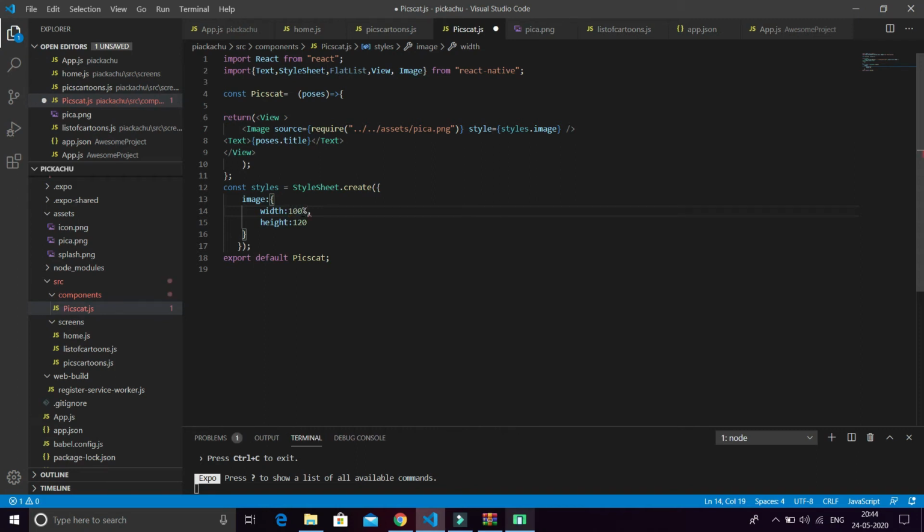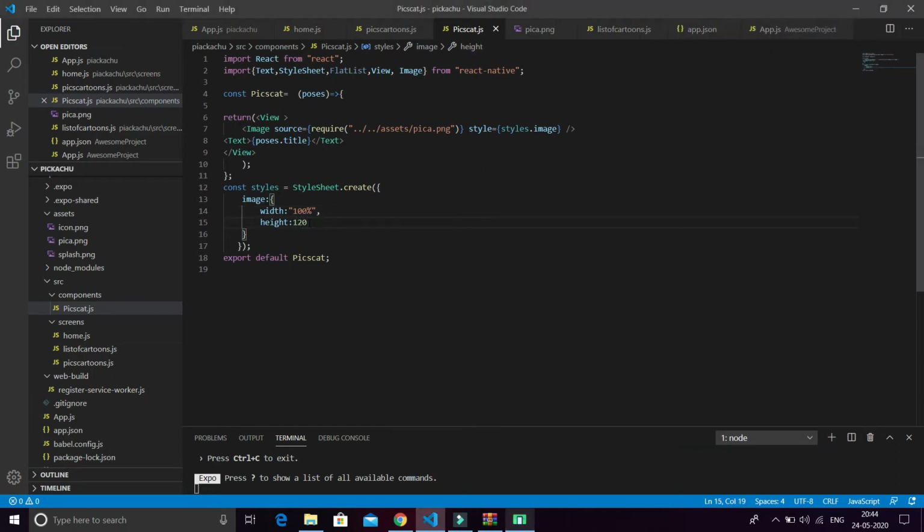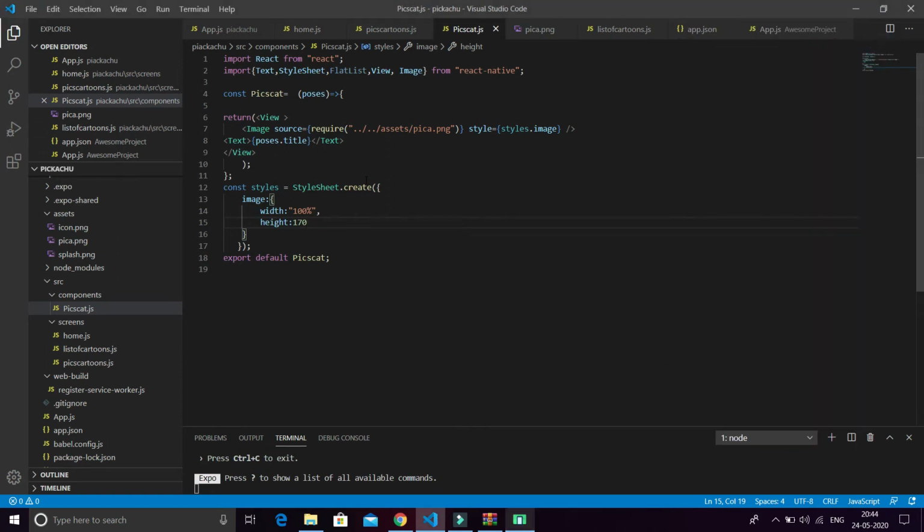Let's see what happened. It looks cool. I also increase this to 170. Now this looks cool. Now it shows only one image.